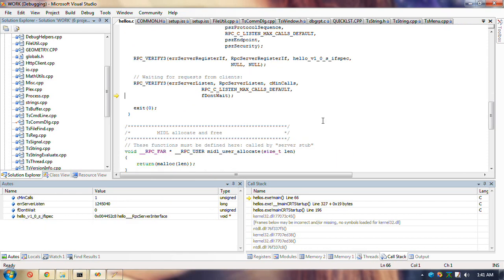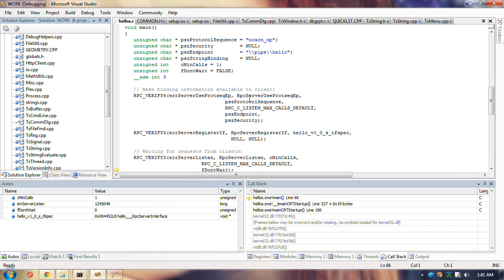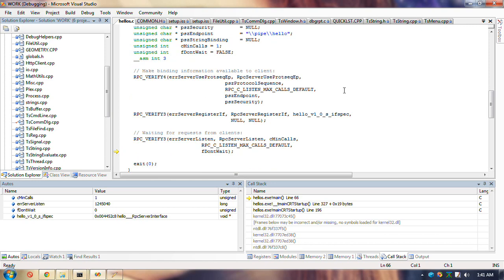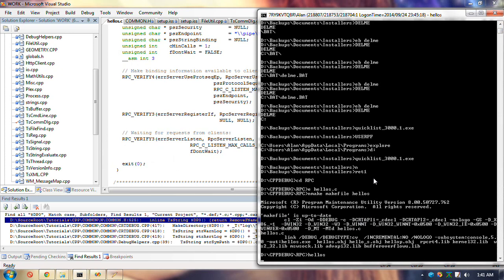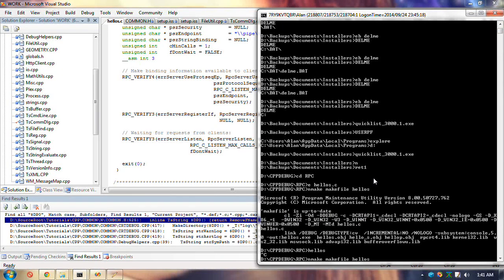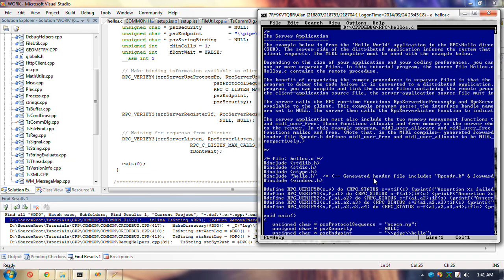Let's see. Remember, one of these things converts a handle to a string, but this one doesn't do it. So, in fact, I want this 1, 2, and that. It's the client.